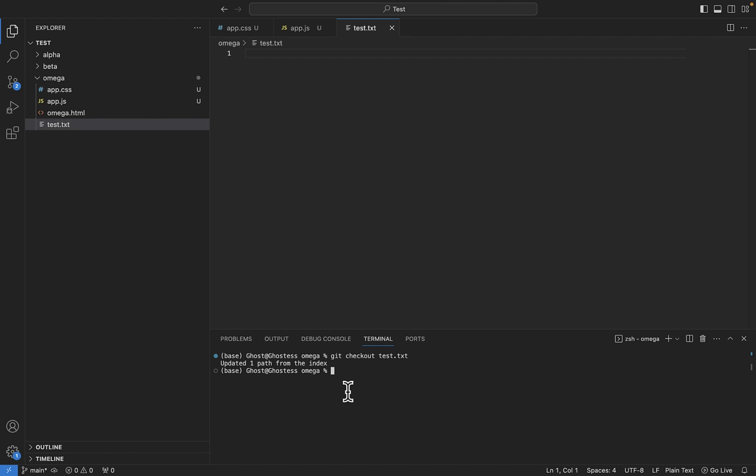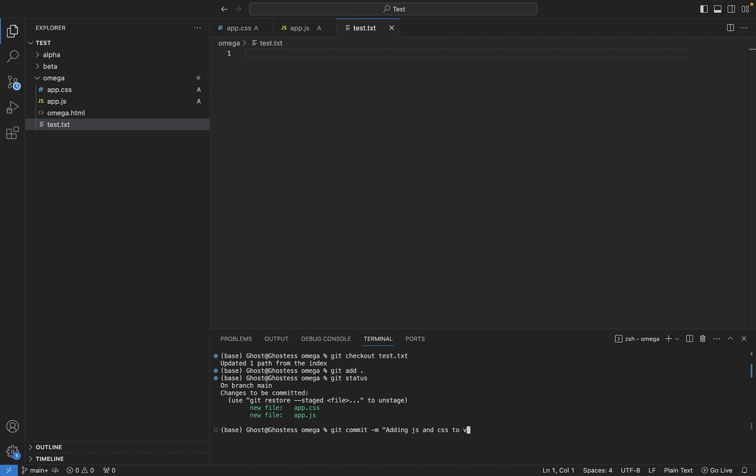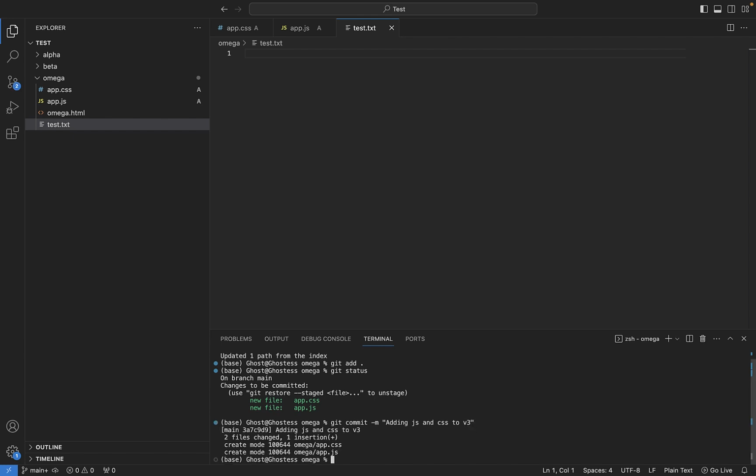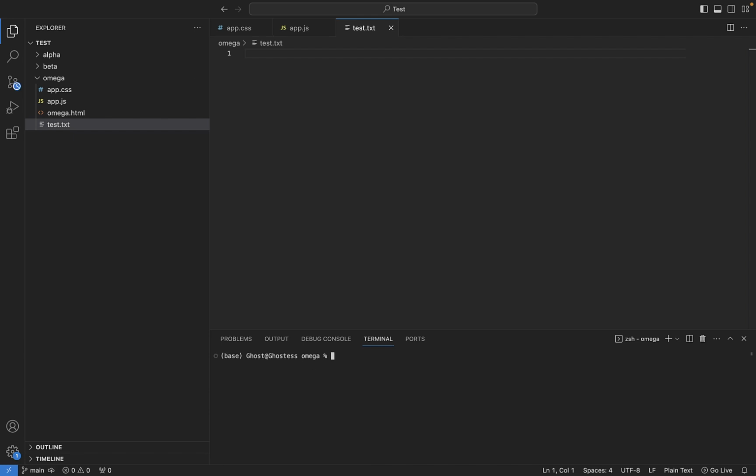So let me do this. Let me commit those files so that you understand. First, let's add everything. Git status should show those two files. Then I'm going to do git commit with a message that says adding JS and CSS to v3. That's a new commit, and then clear. Then if I want to undo this now,